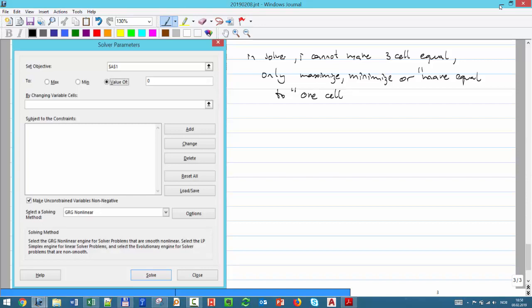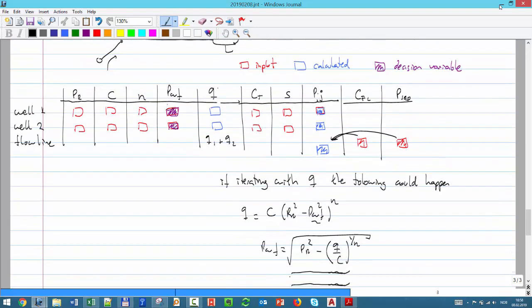I can do only those operations. So there are all kinds of ways to solve this problem, but one way I suggest you try